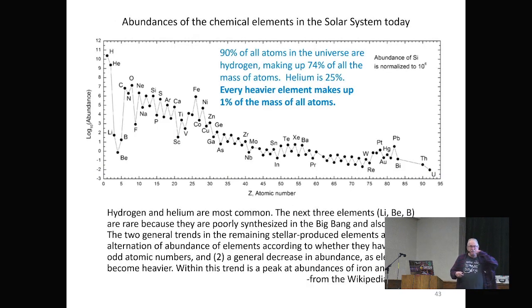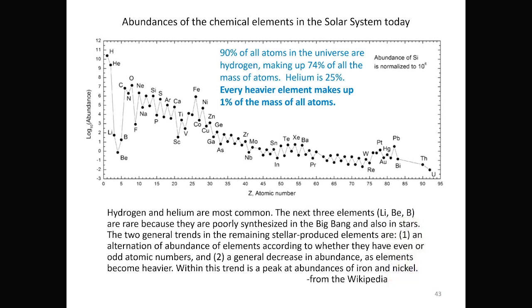So this plot is a plot of the abundances, and it is normalized so that silicon is at exactly 1 million. So you say that I have 1 million atoms of silicon. What is the abundance of everything else? And this is a log plot, okay? So the hydrogen is way up here at 10 to the 4 orders of magnitude more than the silicon, which is if there'd be 1 million atoms